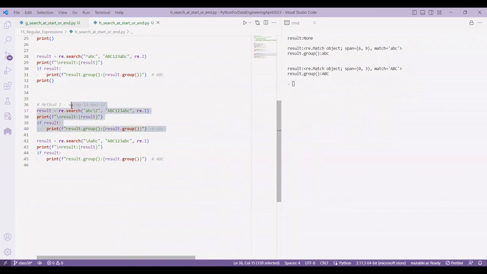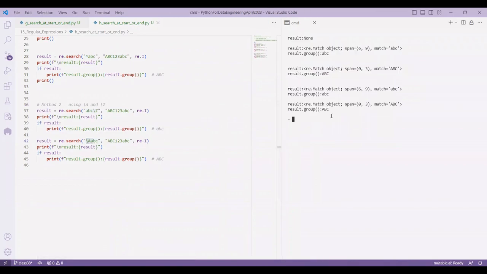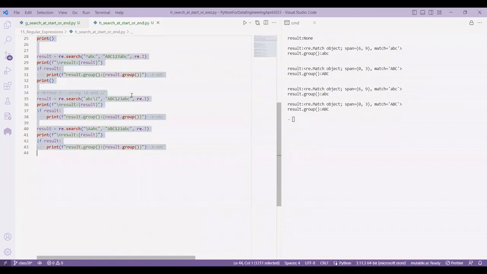When I did a dot group also, I get it. So whichever was matched, it will give it. Similarly, if I say slash A, it means it should be in the starting. So either these patterns or those patterns, you can use either as a whole. Hope it's fine. Next, in the same fashion, if you want to make pattern matching at the starting or